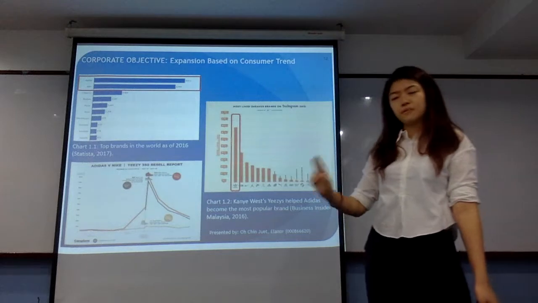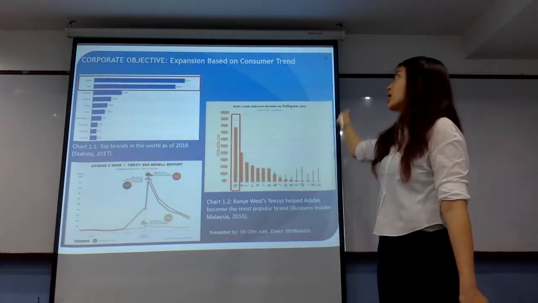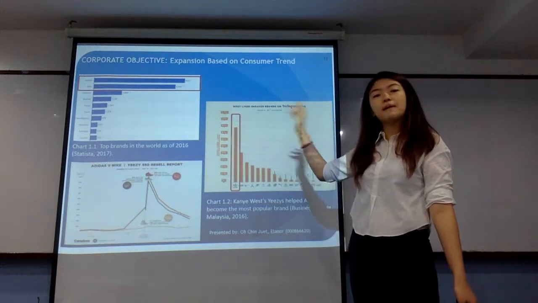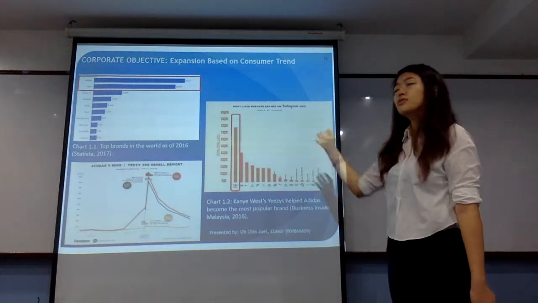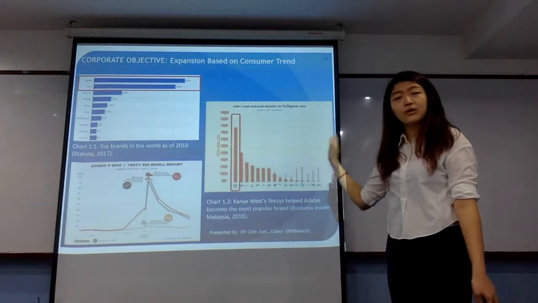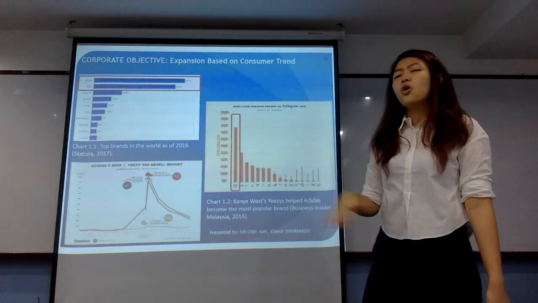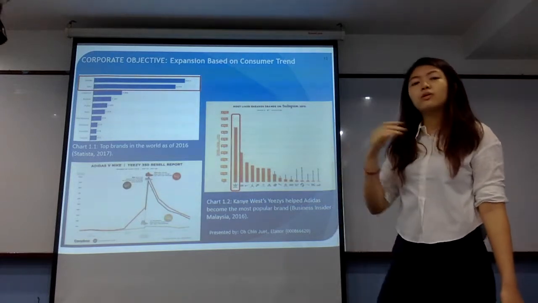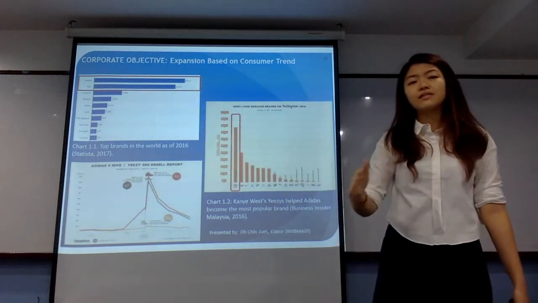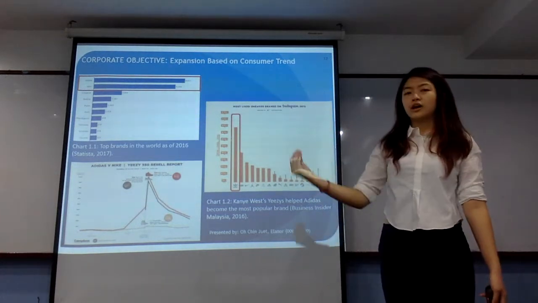Our second corporate objective would be to expand based on collaboration with consumer trends. As you can see, the most favorable trend right now in the world is Adidas and Nike. Why is Adidas top in the world? This is because they have collaborated with world-famous artists like Kanye West to produce his own shoe line